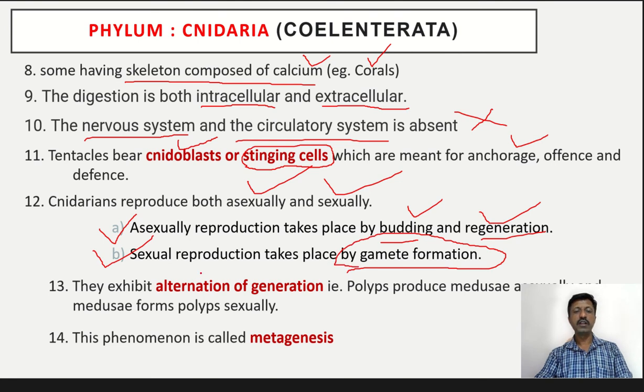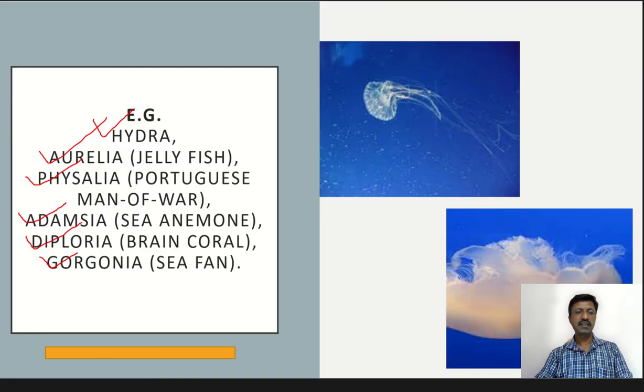They exhibit alternation of generation, that is, polyps produce medusae and medusae produce polyps. This phenomenon of alternation of generation is called metagenesis. And lastly, there are some examples: hydra, Aurelia, Adamsia, that is sea anemone, jellyfish,